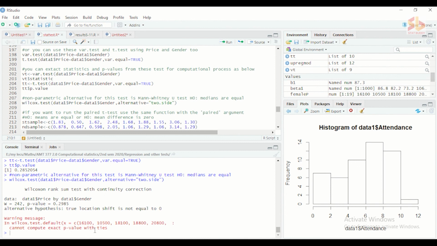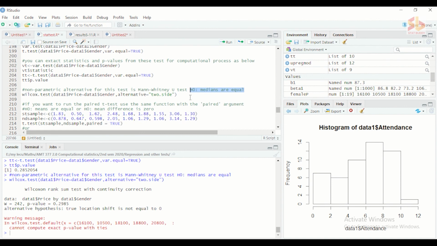Here you can see the p-value is greater than 0.05, so it is not significant. So H naught is not rejected. This is the H naught for this Mann-Whitney test. So the Mann-Whitney test is performed using the Wilcox test command.